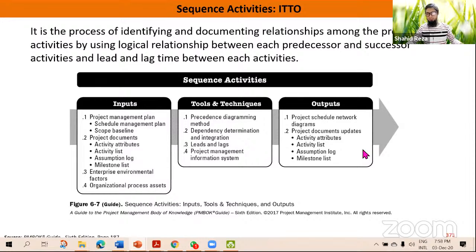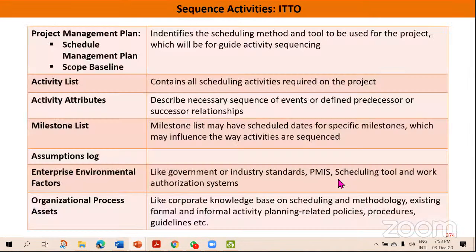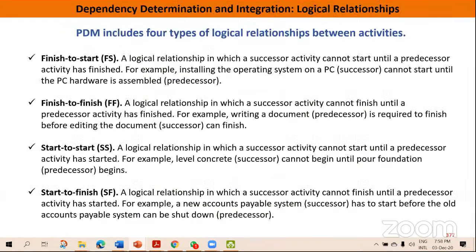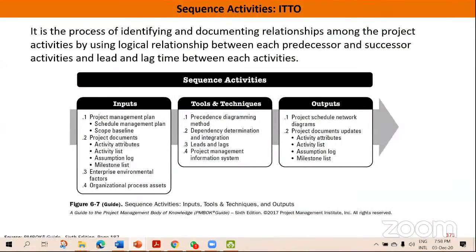No problem on that. এবার আমার এখানে একটা কোশ্চেন আছে, সেই কোশ্চেনটা হচ্ছে কি বেসিক্যালি এই যে, ক্যান ইউ গো ব্যাক টু দ্য স্লাইড? এই যে ITTO, it was like the first iteration, we will be getting to know all these things, the activity list, assumption log. First iteration ke we will be getting all these things as an output. Sequence activity তে first iteration ke we will be getting to know all the outputs, এই 2 নম্বর পয়েন্টে যেগুলো পাচ্ছি।